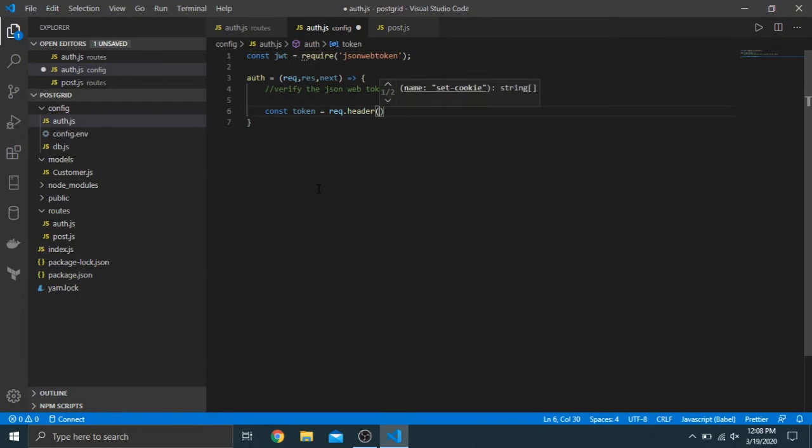It should just be header because we're getting one. You can see we had a different, like we have name, the field, and the value. For this, we just want x-auth. You can name this whatever you want, but I'm gonna do x-auth token, and basically, this just retrieves it. And then we want to do if not token, meaning that it's undefined or it didn't get retrieved, we basically want to